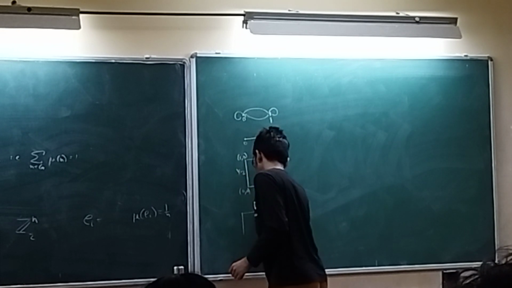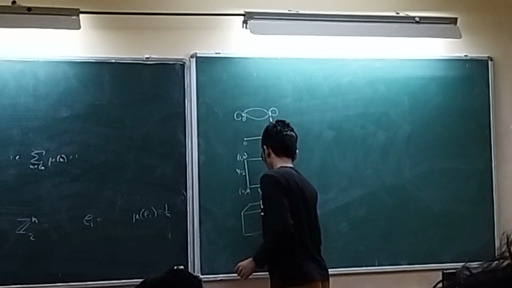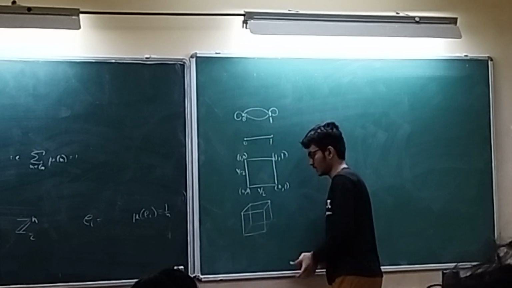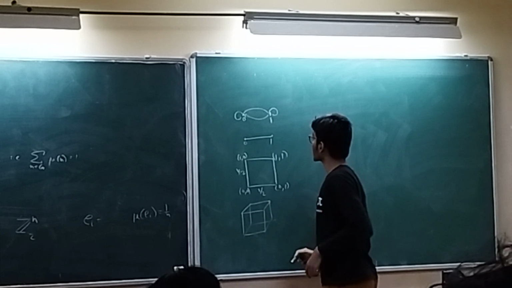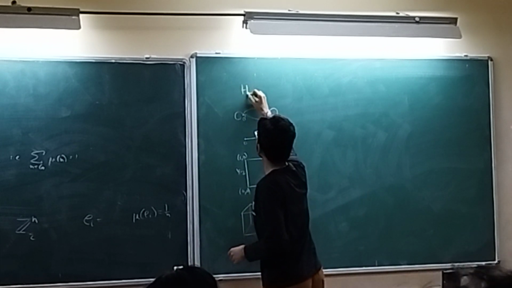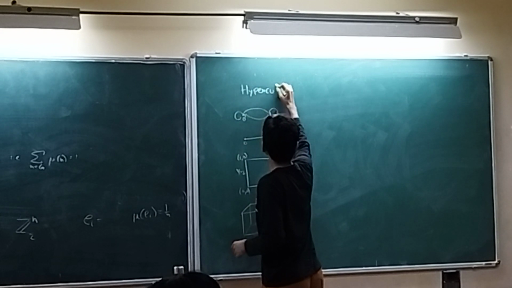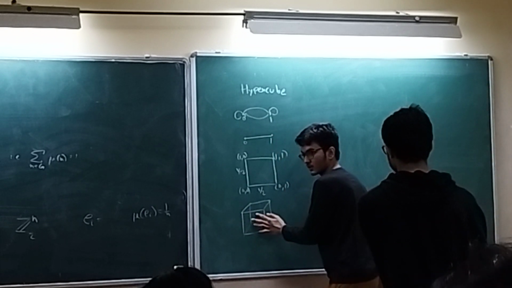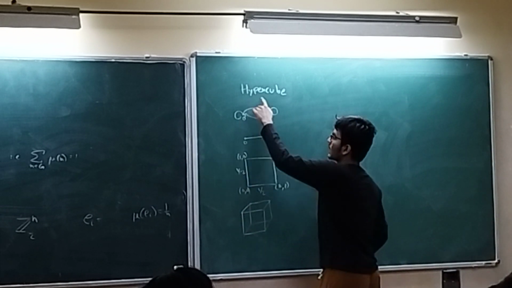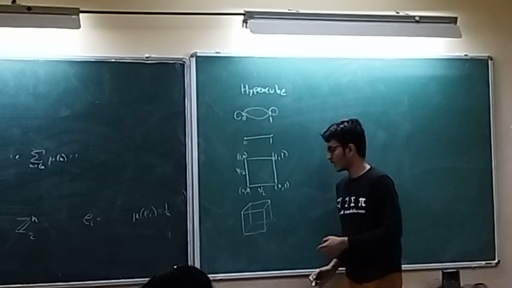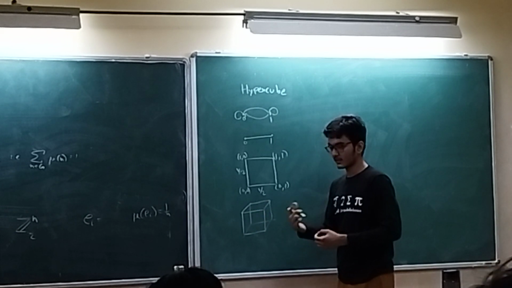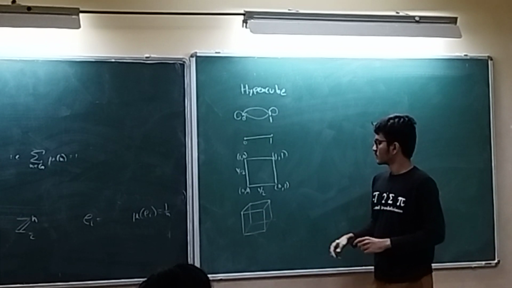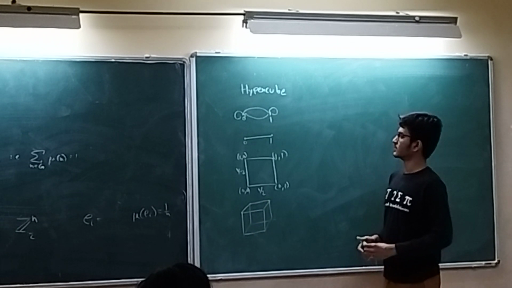And for n equals 3, it will be something like a cube, and each probability is 1/3 here, 1/3 here, and 1/3 here. Those who can recognize this, it is nothing but a hypercube. You can model this random walk on a group also as a random walk on a graph, but the graph is this hypercube. The adjacent vertices are those which differ in only one coordinate. So you can generalize to 4 dimensions.